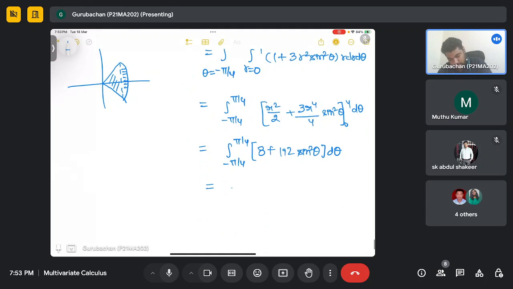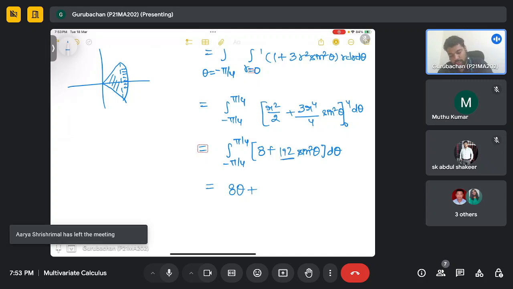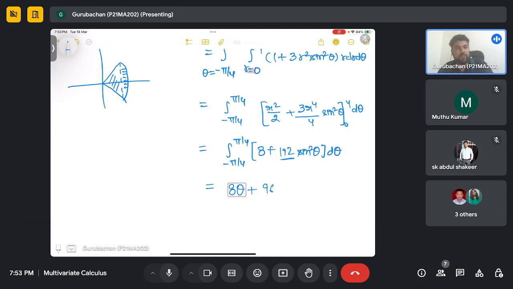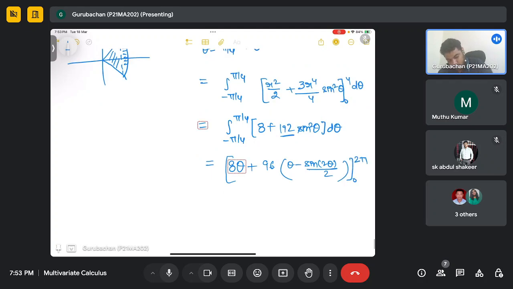So from here you will get 8 times of theta plus, I'm skipping just 2 steps. From here I will take 2 common, or you can say it will be 96, and here this will be 1 minus cos 2 theta, and the integration of 1 minus cos 2 theta is theta minus sine 2 theta divided by 2, and here it will vary from 0 to 2 pi. So this will give you